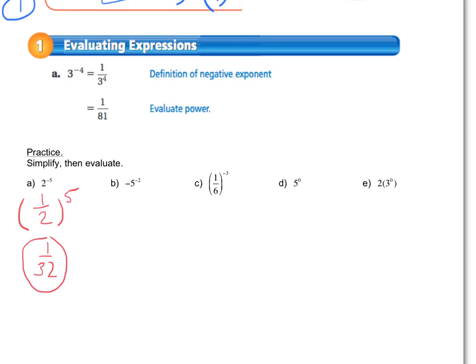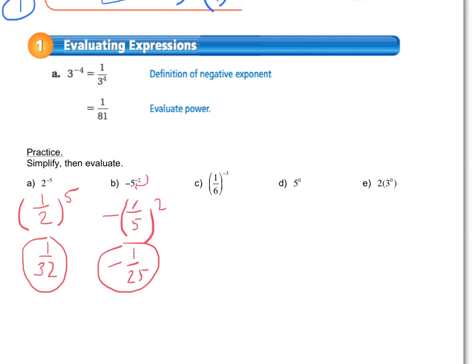On the second one, notice here now, this -2 is going to hit the 5 first. So the negative is going to stay out in front. The base of a 5 over 1 becomes 1 over 5 squared. But notice now we do have a negative, but it's not because of the negative exponent, it's actually because the negative is not in parentheses. So this is going to give me an answer of negative